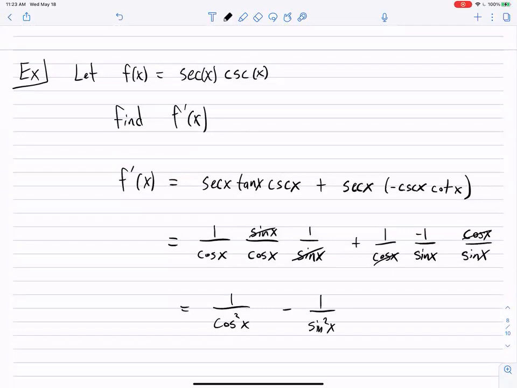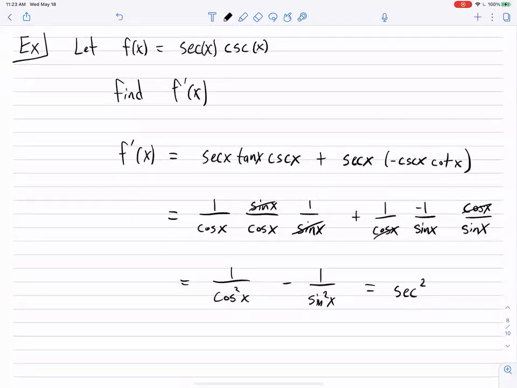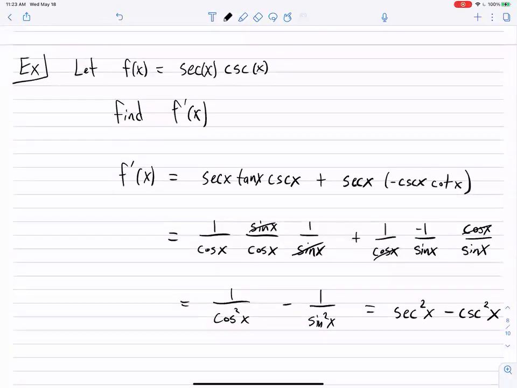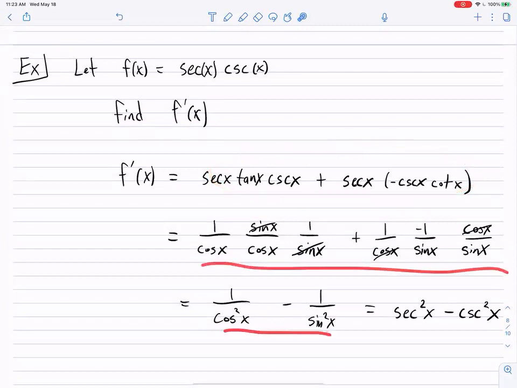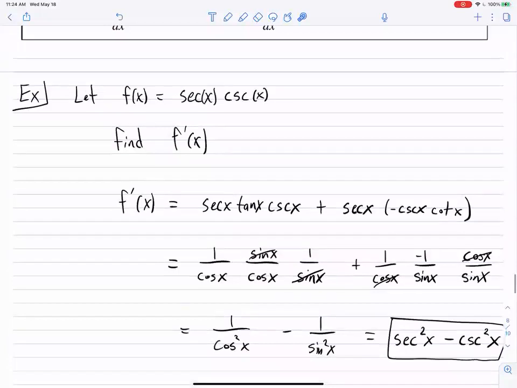And so we could leave it like that, but we know sometimes we like to undo the fractions. And so we'll just write this as secant squared x minus cosecant squared x. And so I don't know if it's obvious from looking at that that's what that is, but if you write it in terms of sine and cosine and then simplify and then redo it, then you can get it. And so that would be what the derivative is. That's the nicest form of it. And so the derivative of secant x times cosecant x is secant squared x minus cosecant squared x, using just the product rule and some trig